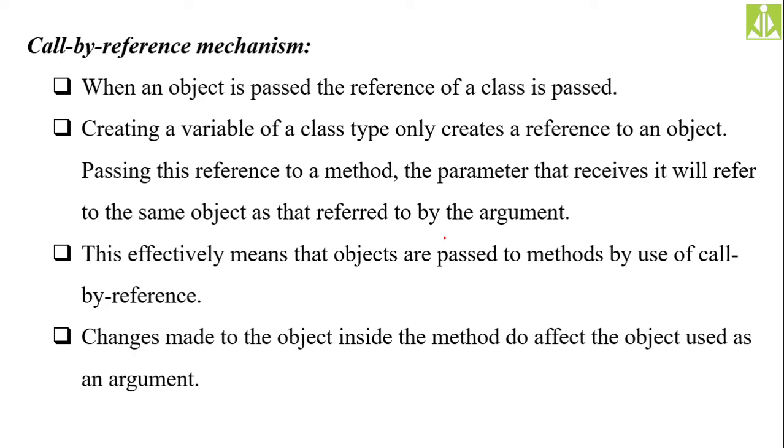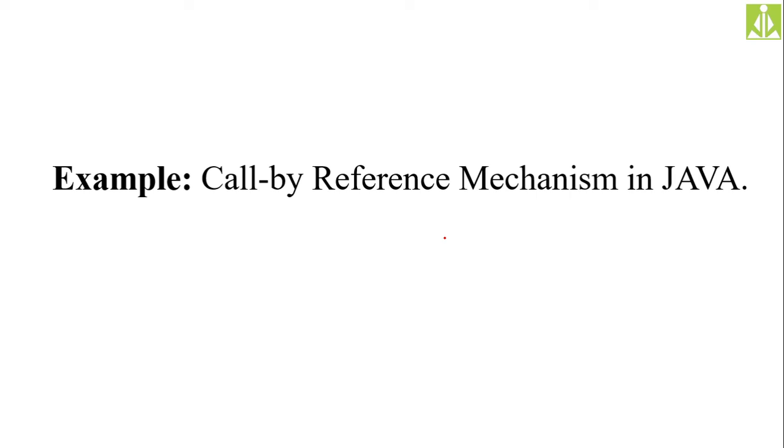So when you make changes to the formal parameters, because both the formal object as well as the actual object are going to point to the same memory location, if you make changes using the formal object or using the actual object, the same memory location gets affected. So indirectly it means if you make changes to the formal parameters, you receive the changes in the actual parameters as well. Remember this concept.